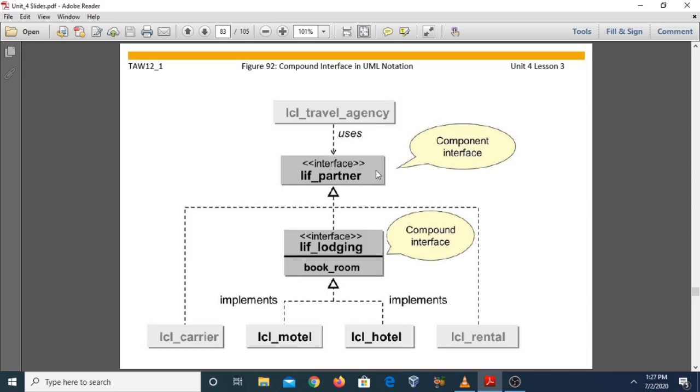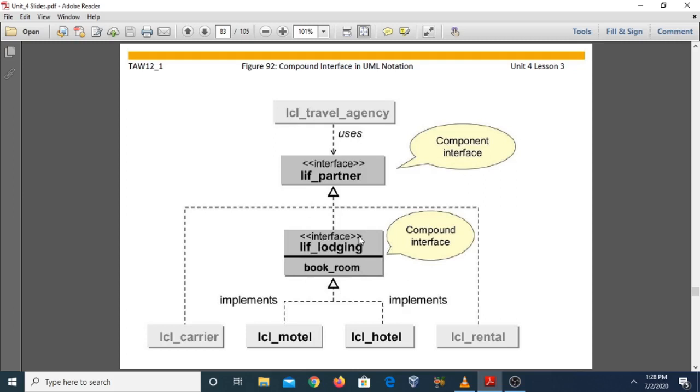An included interface represents a component of the other interface and therefore is known as a component interface. So this interface contains the other interface; this is called the component interface and this is called the compound interface.